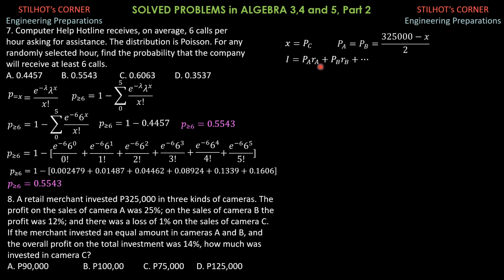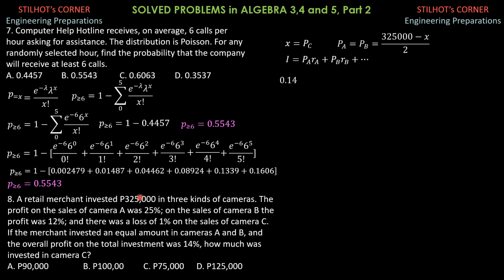If the rate is positive, if you are gaining, then it is positive, but if you are losing, treat the rate as negative. So substitute: the net interest, or profit, is 14% of the total investment, so this is 0.14 of